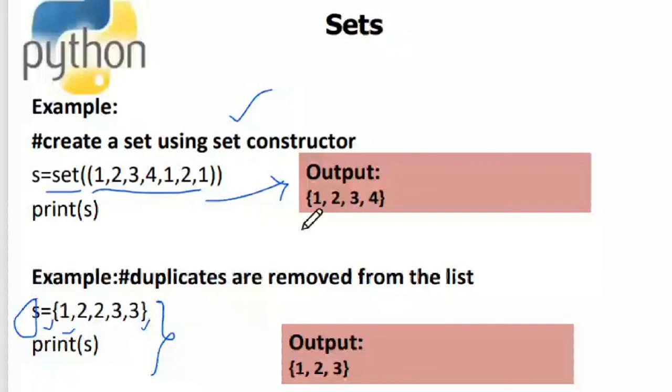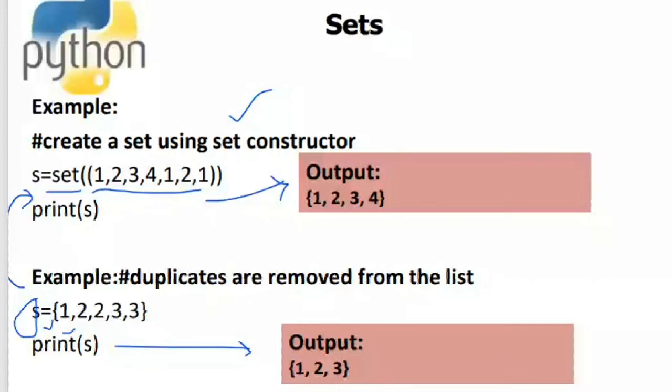Here I'm creating in the format that we already learned, the provided syntax. Even here, I am giving duplicate elements. I gave 2 two times and 3 two times. What it is doing is eliminating the duplicates and giving me the output. So you can observe from this that a set will contain elements which are unique. A set will not have any duplicates. But this is not the case with the list. If I print the list, I'll get 1 2 2 3 3, and even the order will persist.